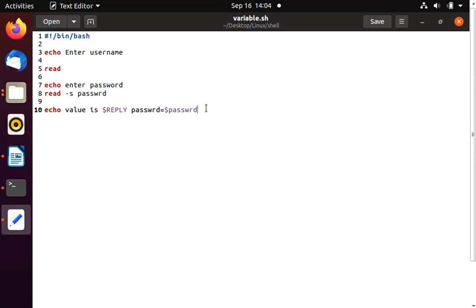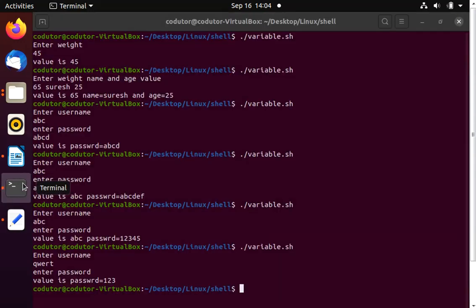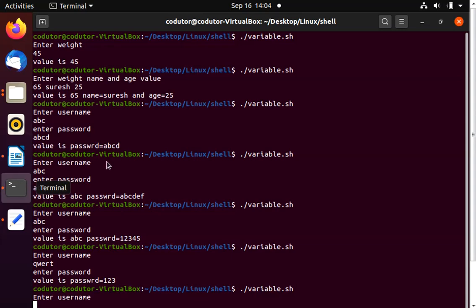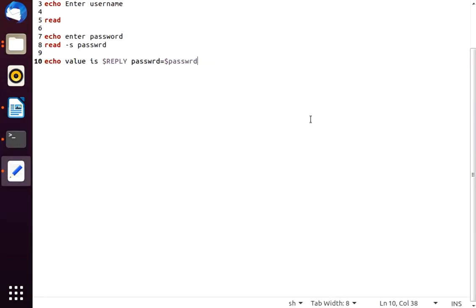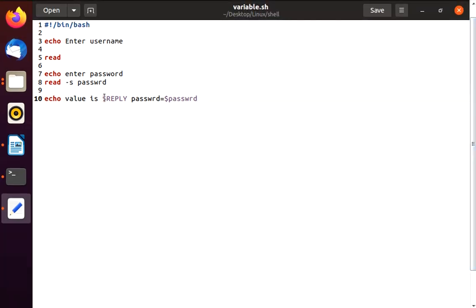Let's see. Now it's asking for the username ABC, password 123, and here you can see value is ABC and password is 123. In your script you can see we have not used any variable named REPLY. This is the inbuilt variable which will store the user input if you do not provide a variable name after the read command. So this is one more important feature.